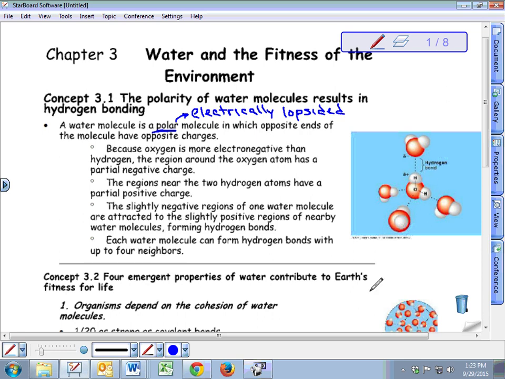Down here's water. It looks like Mickey Mouse. See? All of them. The larger of the atoms